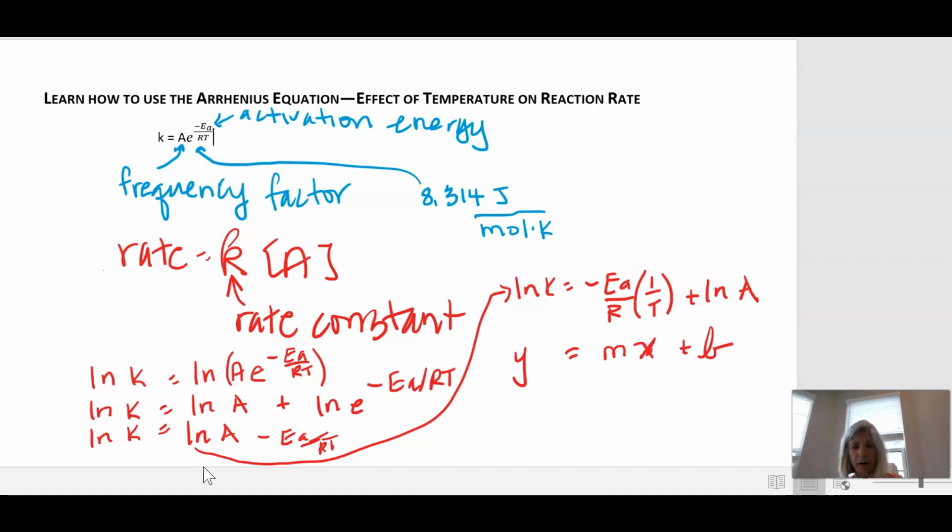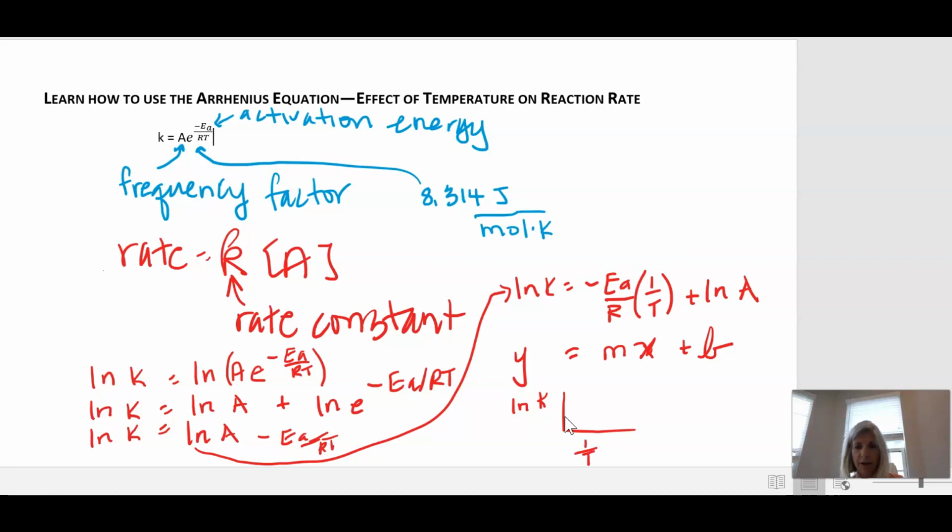So x on the x-axis would be 1 over the Kelvin temperature, and the slope is negative EA over R. If we were to graph many values, we would have natural log of K on the y-axis,